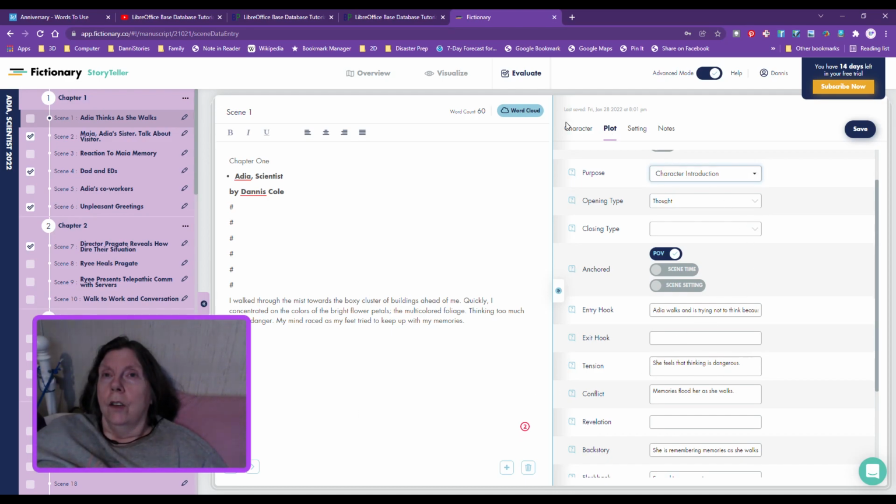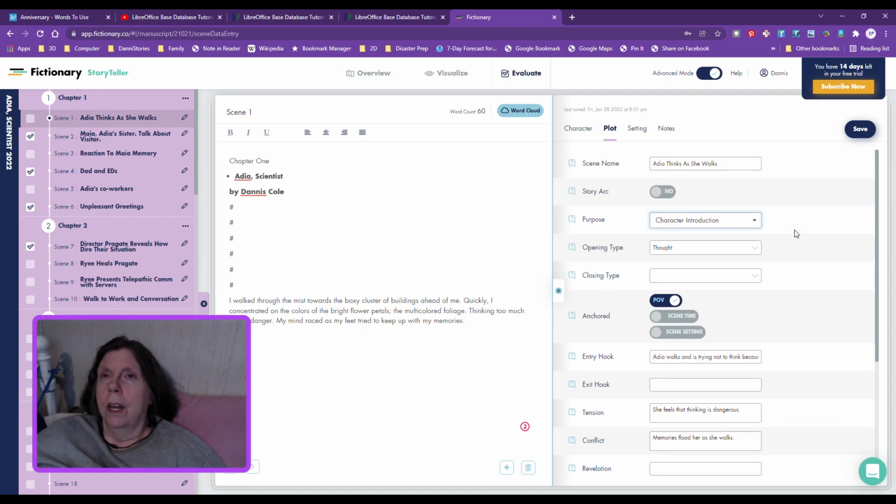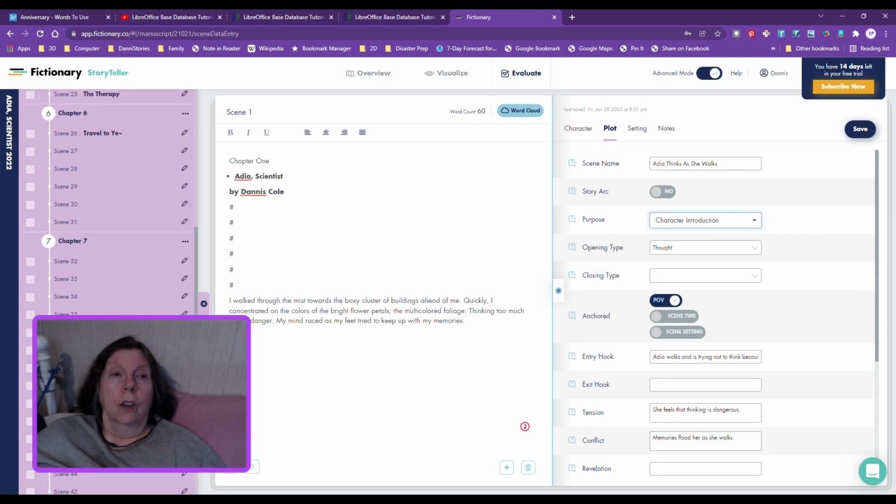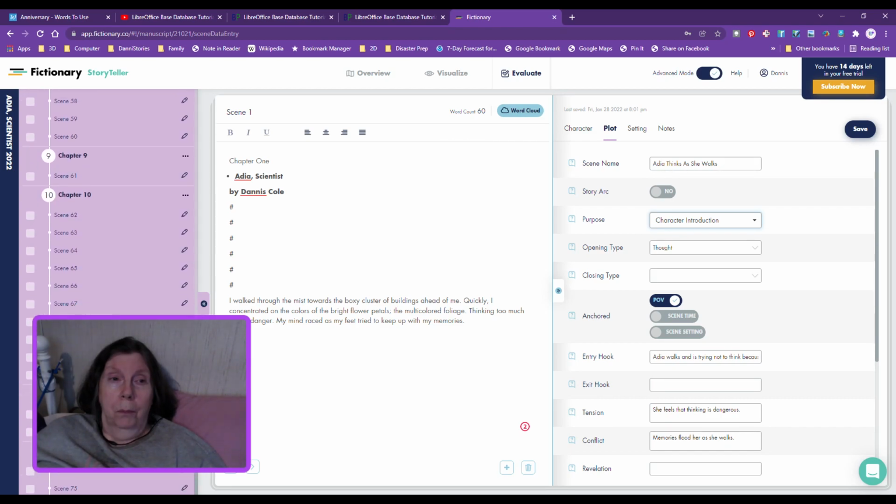But you go into plot, and what you do is you name your scene. This gives you a nice little outline over here. See this? Isn't that neat? So you've got a little description of every scene in your chapter, and you just go on down. I have a long way to go, but